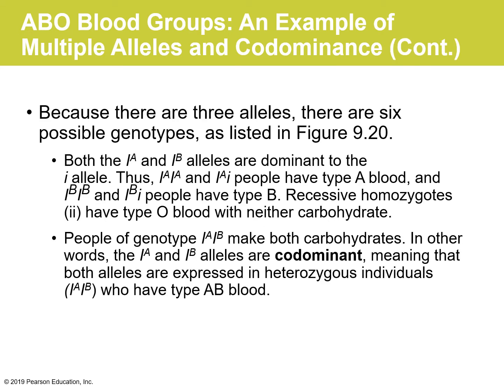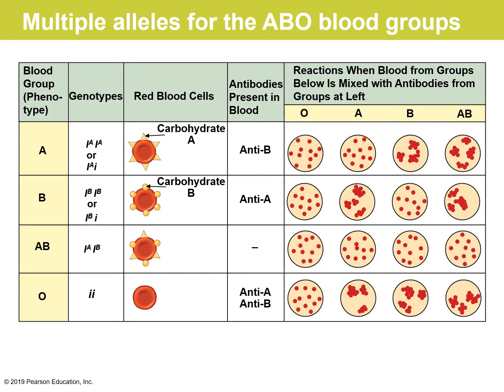Because there are 3 alleles present for determining our blood group, there are 6 possible genotypes as shown in the figure on the next page. What are these 3 alleles? First, an uppercase I with an uppercase A superscript, and an uppercase I with an uppercase B superscript. That means there's the A allele, the B allele, and the absence of A or B is denoted by a lowercase i. These are the 3 alleles, and let us understand the blood grouping from the table shown on the next page. If you look at this table, the first column on the left side is the blood group type.